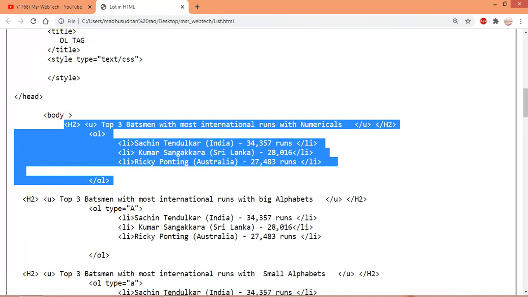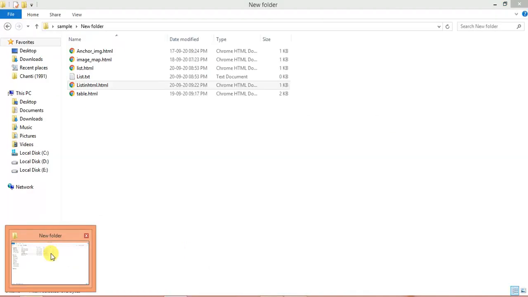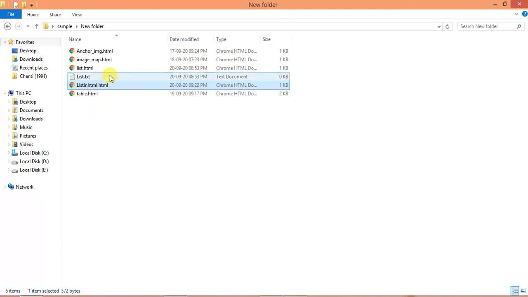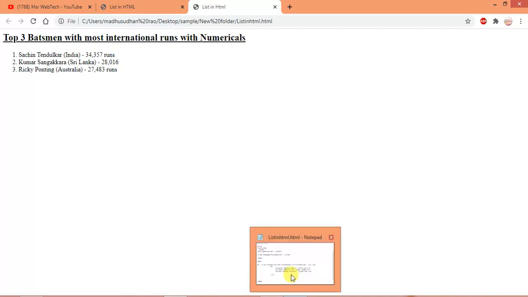Refresh the page and go to the folder where you have saved this file. Yes, we are getting the top 3 batsmen with numericals. The first one is Sachin Tendulkar, the second one is Kumar Sangakkara, the third one, in numerical manner 1, 2, 3. To get this in capital letters, I will show you.